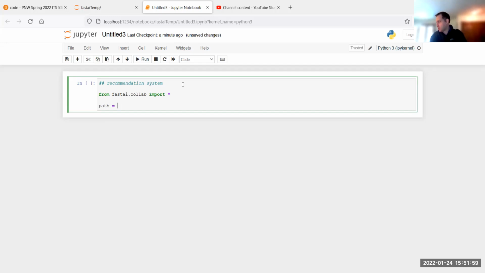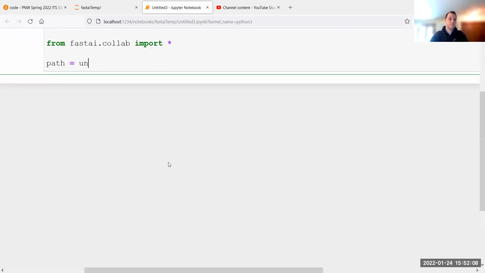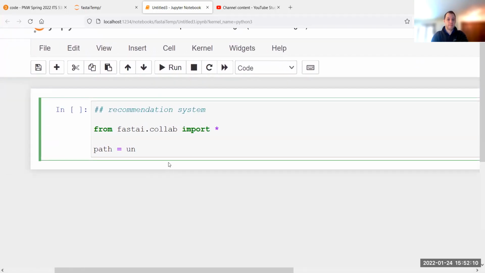So in this case, we're going to do path untar data, URLs.ML_SAMPLE.